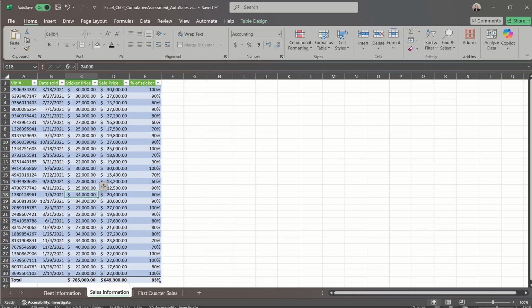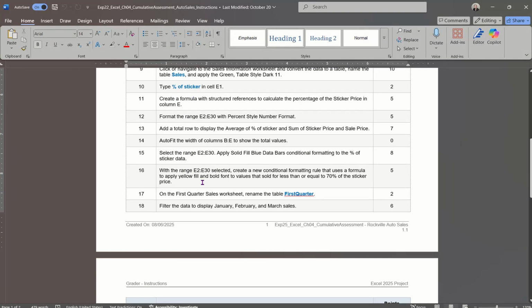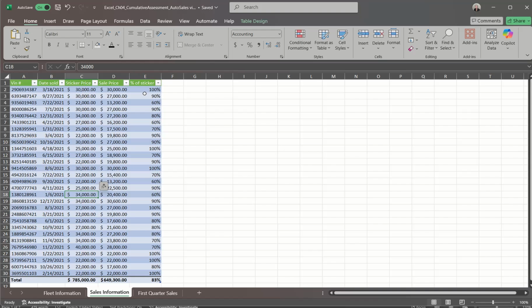All right, so let's see. 15. Select the range E2 to E30. Apply solid fill blue data bars conditional formatting to the percent of sticker price. So E2 to E30 is the percent of sticker price data. So E2 right here to E30